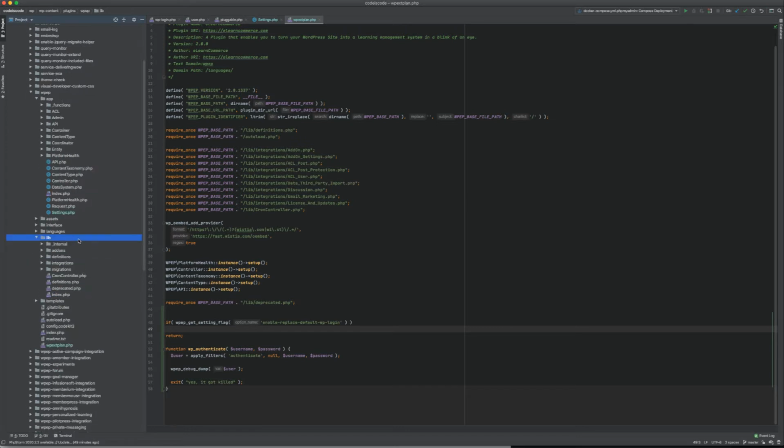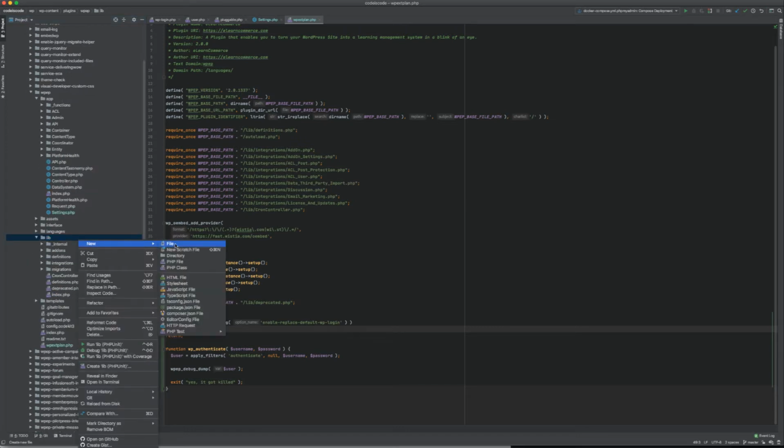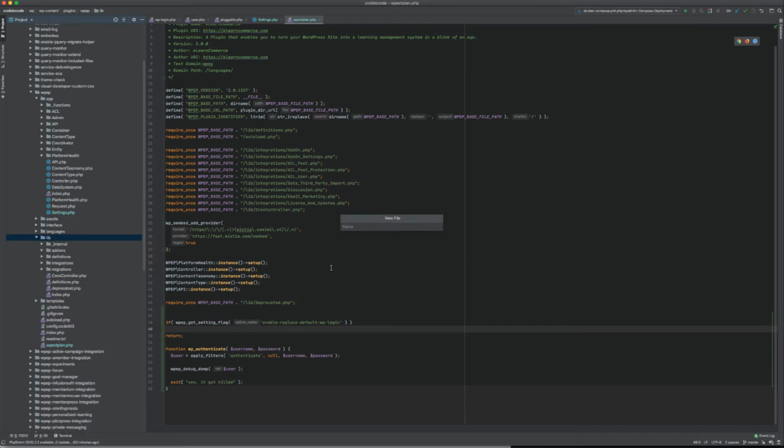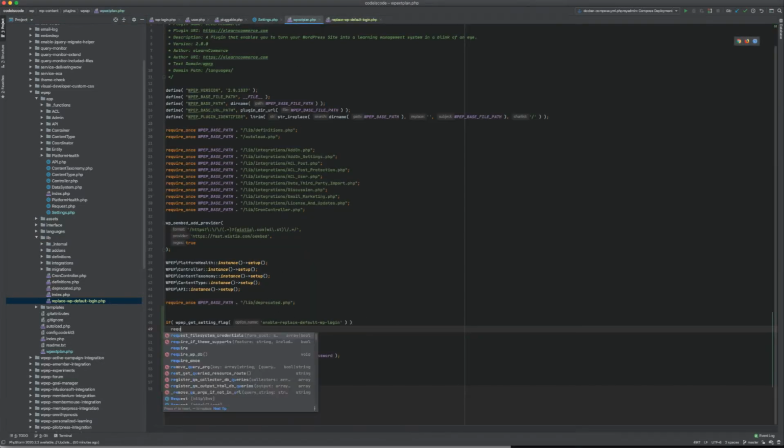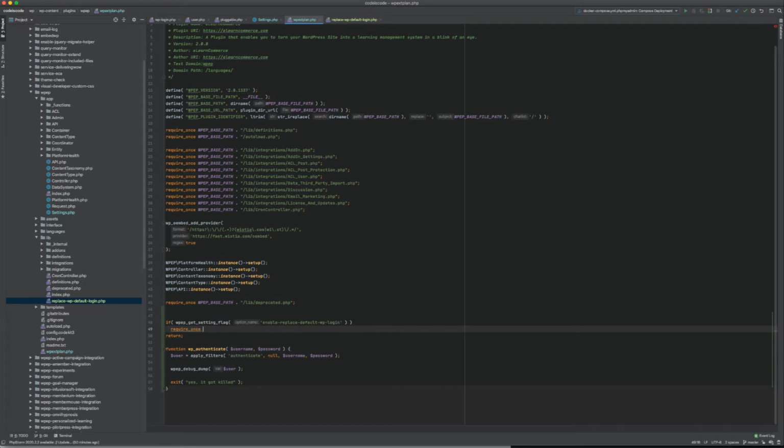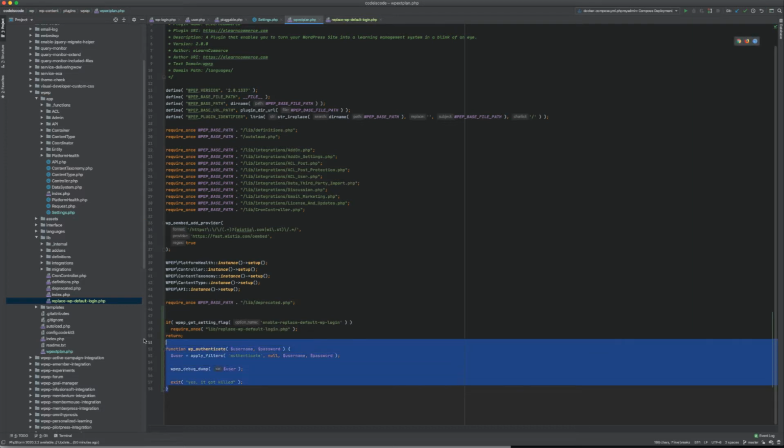I think I will just put it here in lib and call it replace wp default login.php. And I will do a require once. So if that thing is there, then I will include the file,